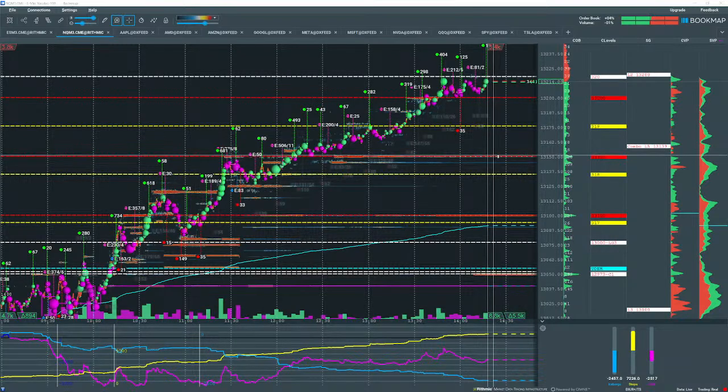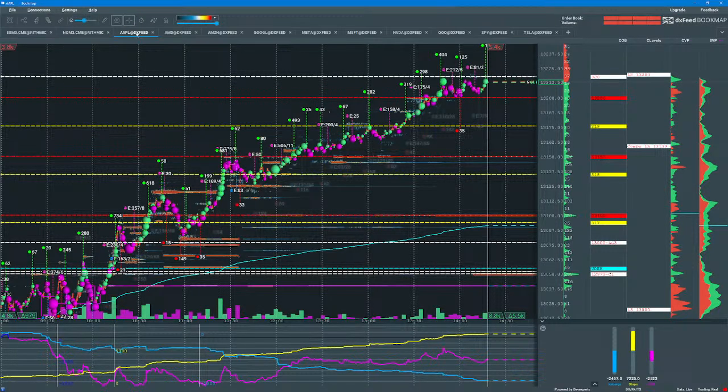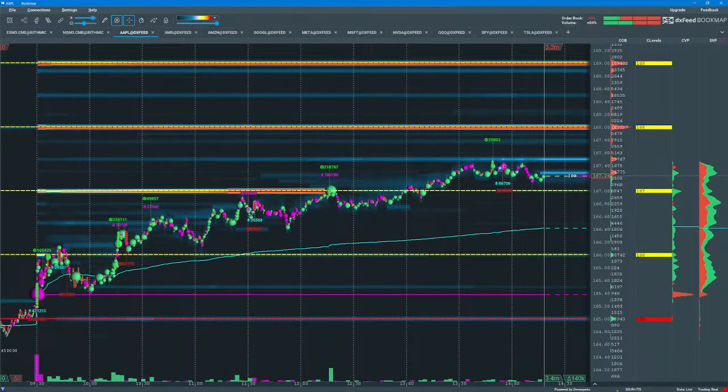All right, so that's the NASDAQ. Another strong uptrend, and again this time much more clearly shown with the QQQ Hero traders buying calls. All right, let's take a look at some stocks. And I'm just going to go through these pretty quickly. Here's Apple. Let's go take a look at Hero.